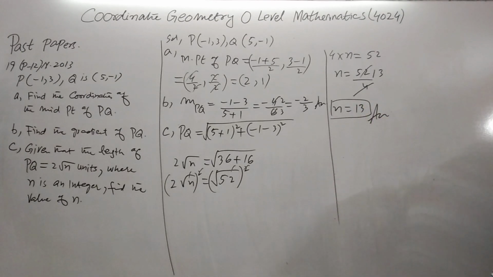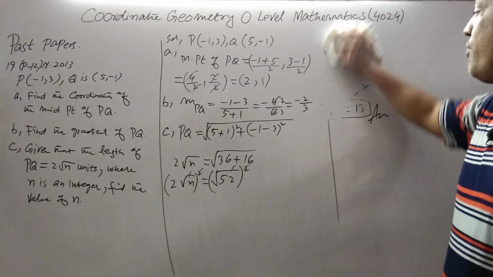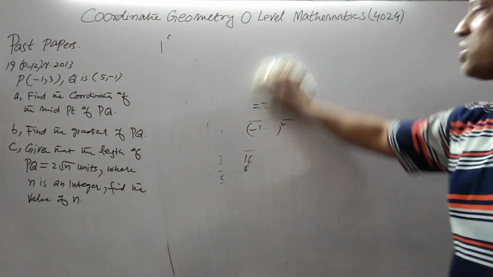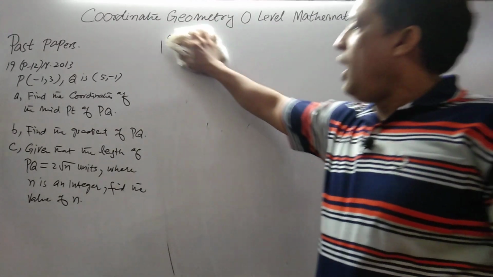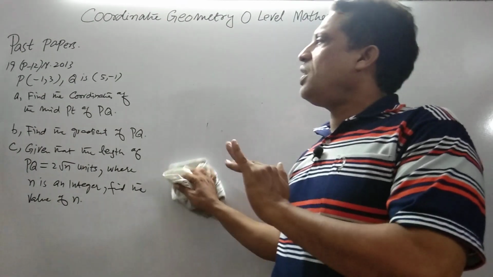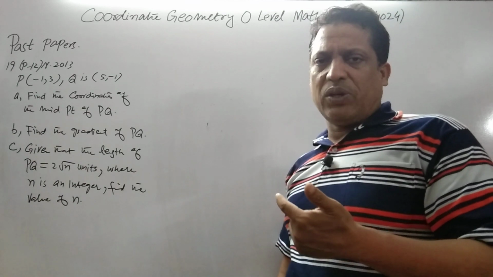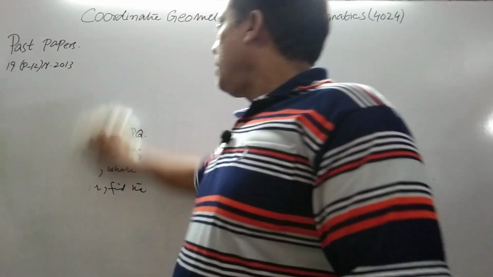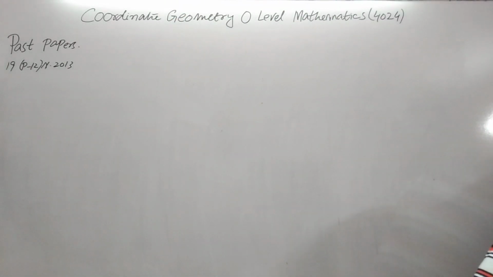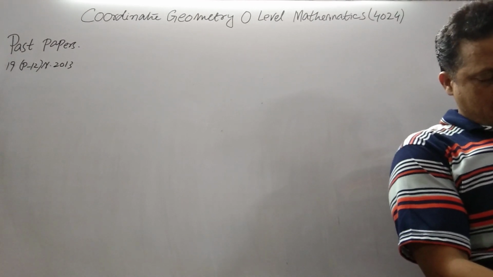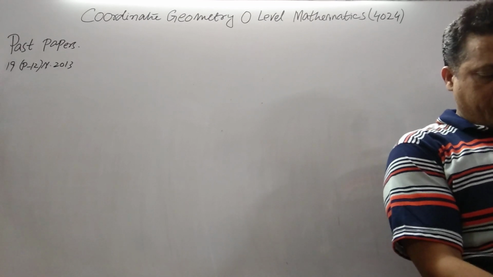Okay. Now, let's do the next question from past papers. We are doing Paper 1 because these topics almost always come in Paper 1. And if this topic comes in Paper 2, the questions are almost the same, but this topic comes in Paper 2 in the form of parts, like part A or part B. These are my past papers.